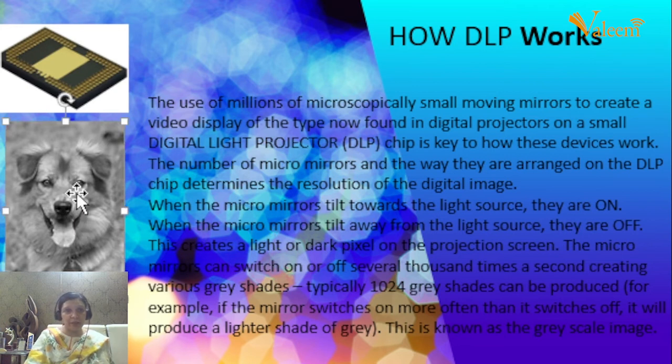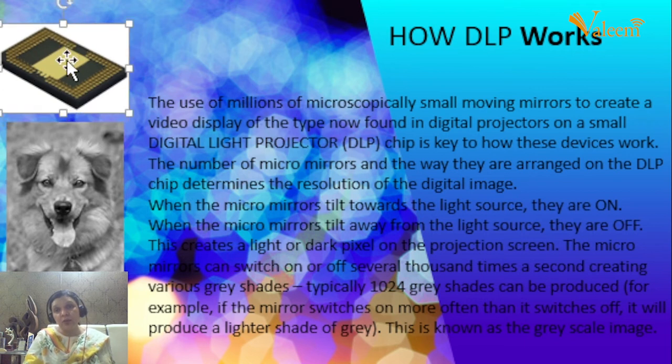Monochrome, this black and white image. You can see that this picture of a dog has been created with different shades of gray only. In the same way, this DMD chip is used to create the image with different shades of gray, and it is a color wheel that is responsible for transferring the color onto this DMD chip. We will go through that phenomenon as well, but first learn about this DMD chip.